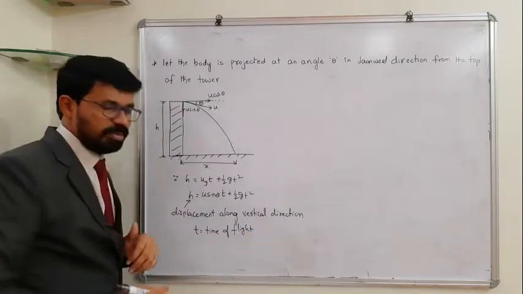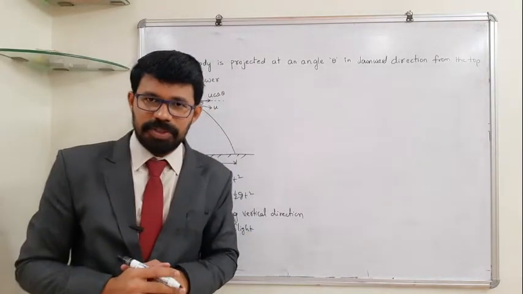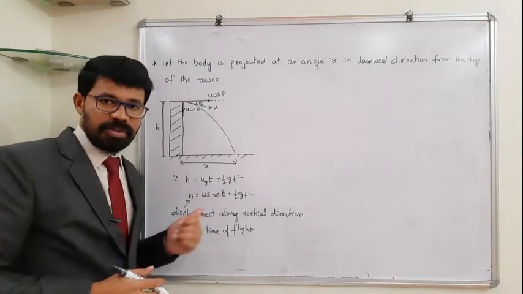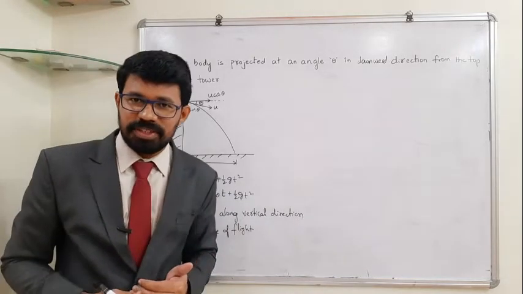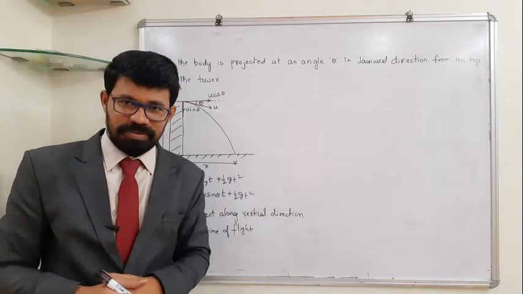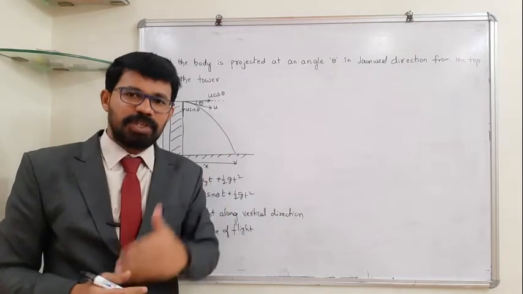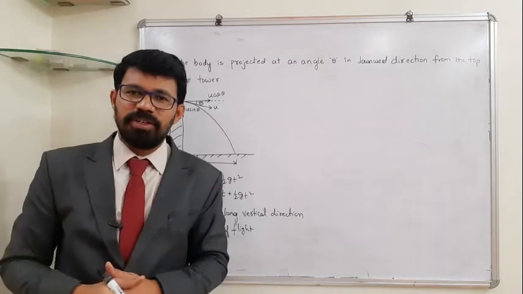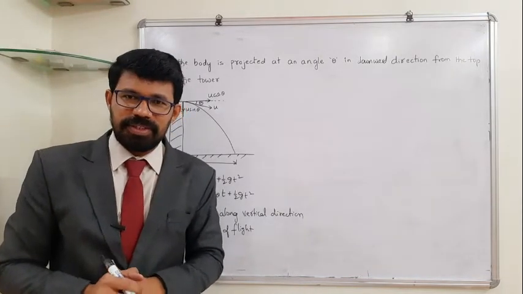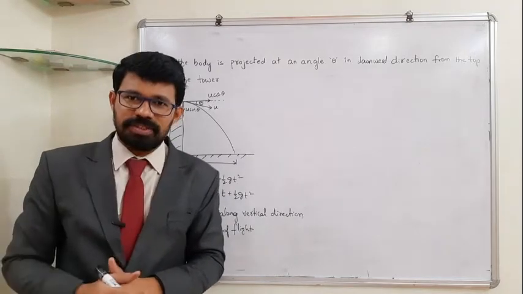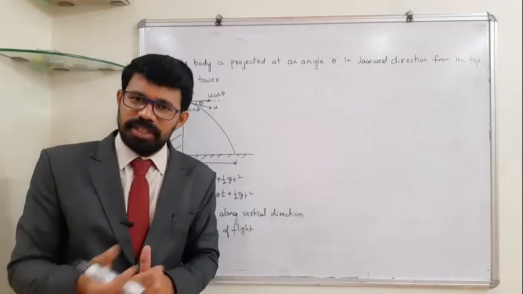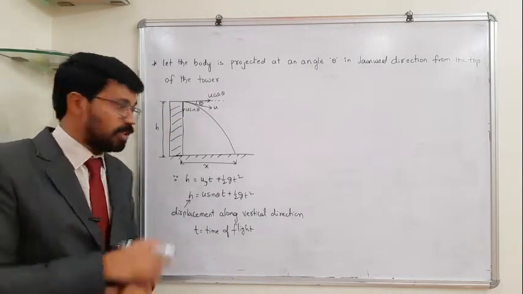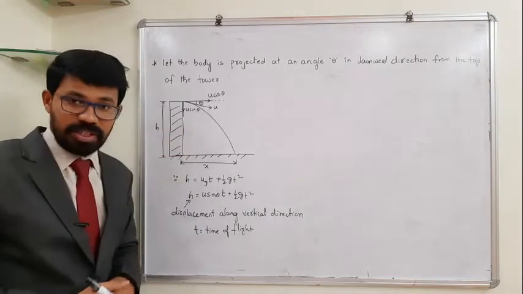If you observe very carefully, from the horizontal projectile motion discussion onwards, to find out t, we are completely relying on h only. In case of horizontal motion, what was the time of flight equation? We have derived t is equal to under root 2h by g, isn't it? So whatever time it takes to travel in the vertical direction, in the same time it covers the horizontal distance and reaches the point where it is supposed to strike, isn't it? So whatever time it takes to cover the vertical distance h, that is the time of flight. And here also we are relying on that h parameter only. Whatever time it takes to cover this vertical displacement, you can call it the time of flight.